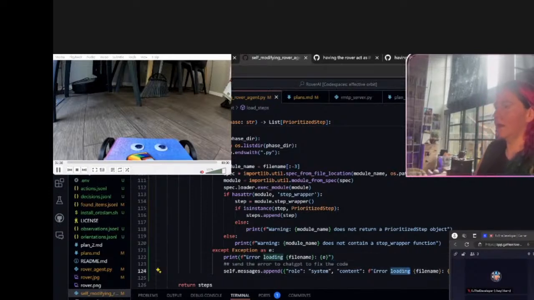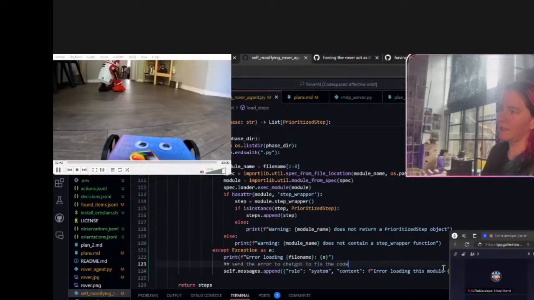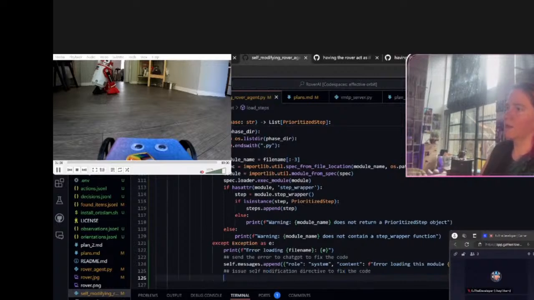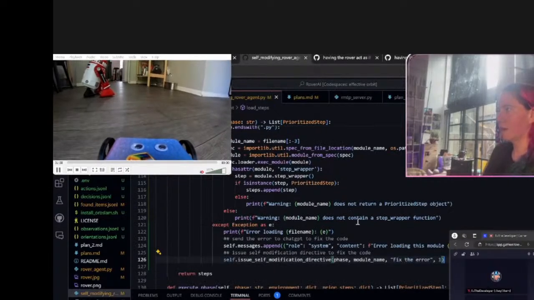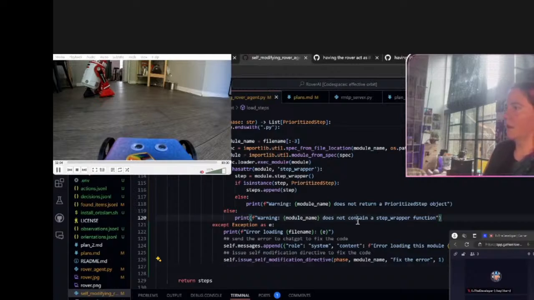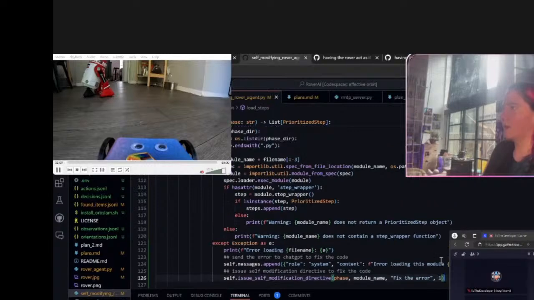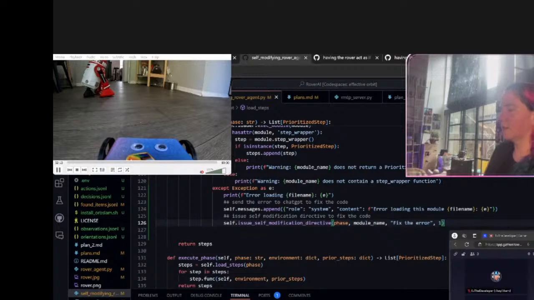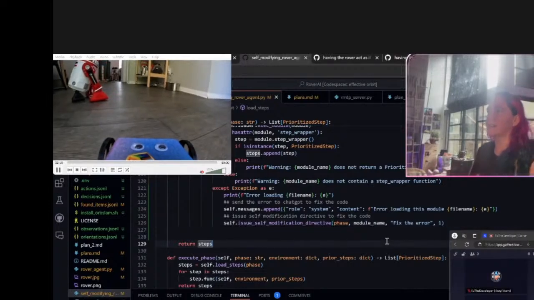Error loading this module, and it probably needs to issue a self-modification directive to fix the code: phase module name, fix the error. Cool. Great, and now it loads everything, and if it doesn't properly load, it asks it to fix it. So this is kind of how that stuff works.